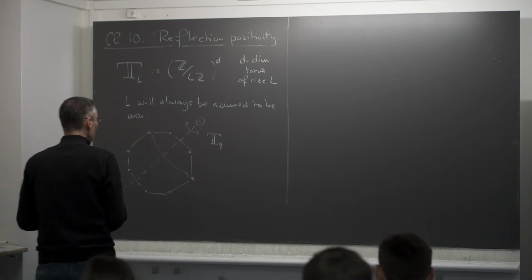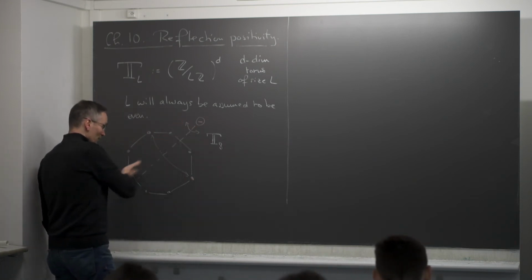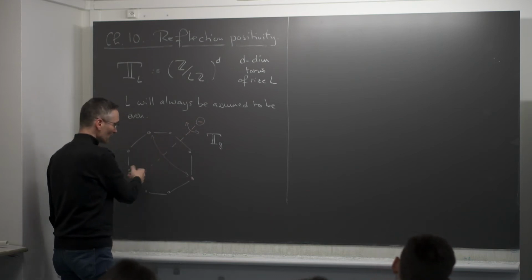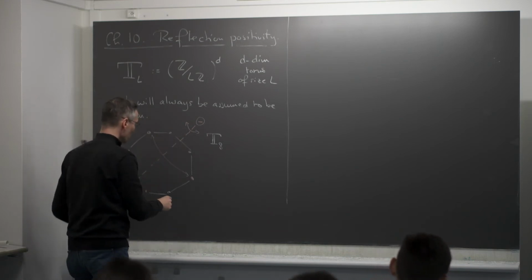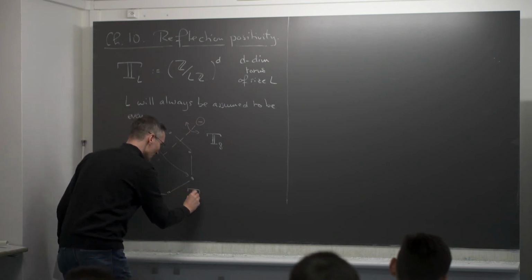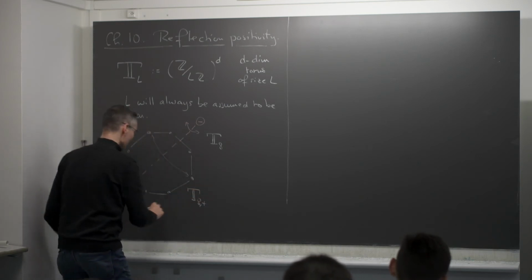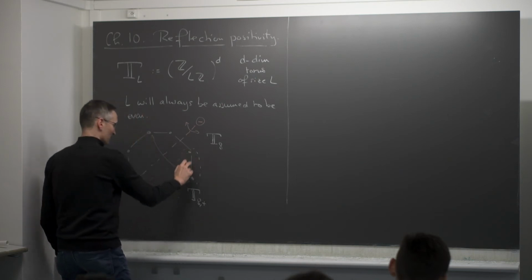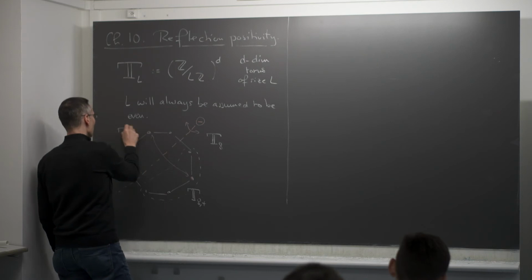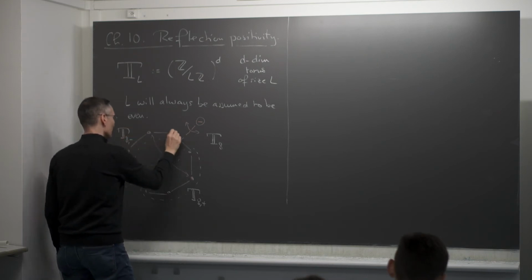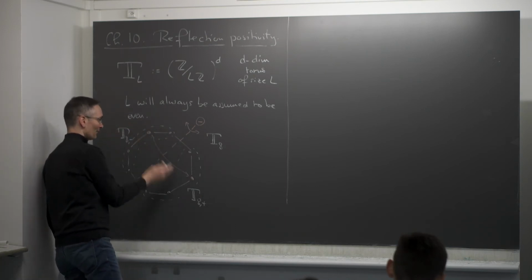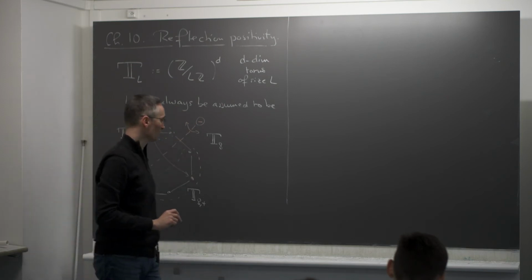Hope it's clear. This line that I've chosen, so once I've chosen this axis here, in the reflection plane, it cuts the torus into two parts that I will call T8 plus, it's this half, composed of these edges, these vertices, and then I have T8 minus on the other side, which is composed of these vertices. So T8 plus is mapped onto T8 minus and vice versa by the application theta.